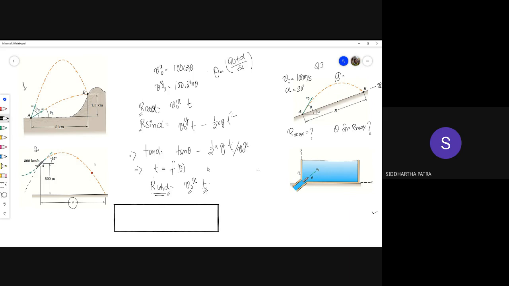Again, that t is something like tan theta minus tan alpha divided by 1 by 2 g, divided by v0x. Now all of these quantities are again constants. So all you have to do is